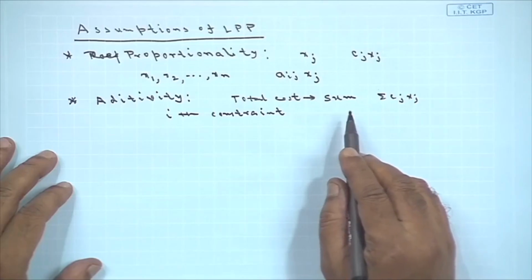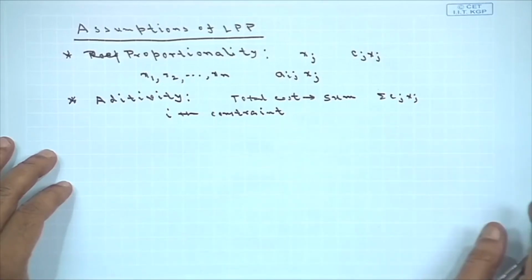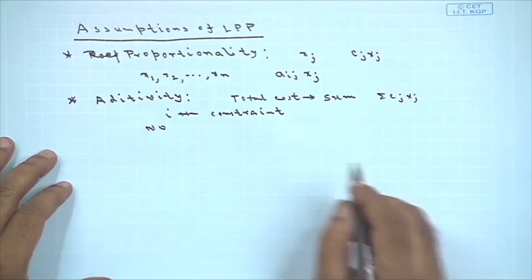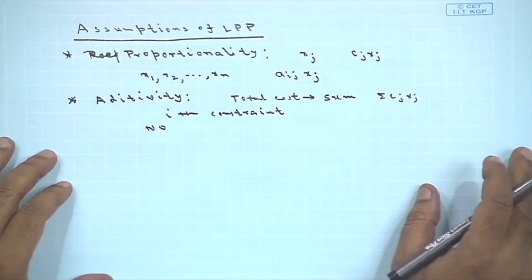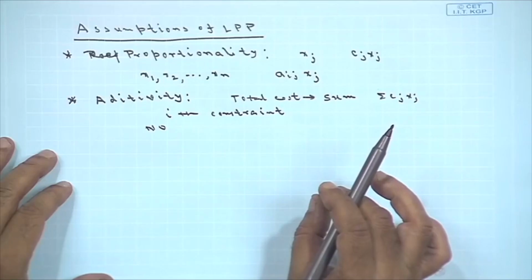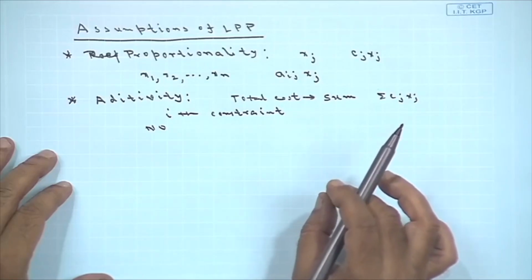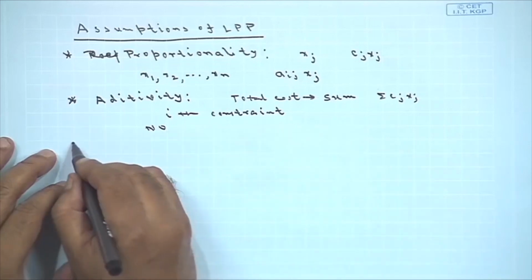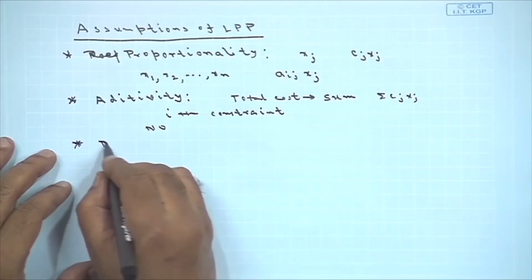This means that no substitution or interaction effect will be required. This is additivity. The next one is